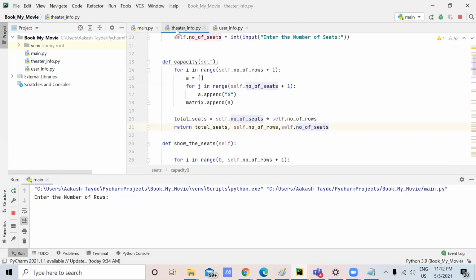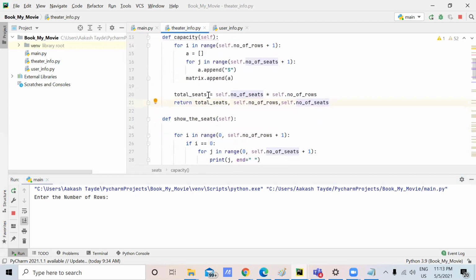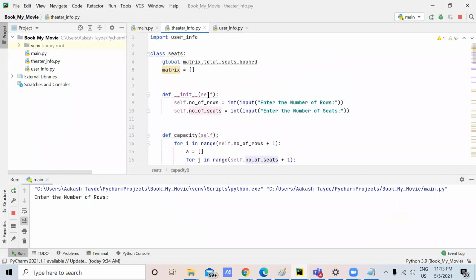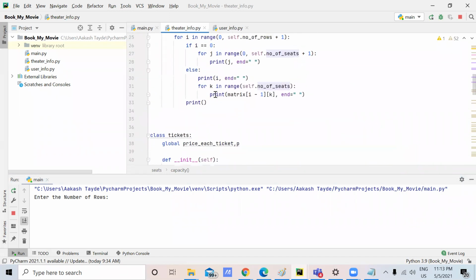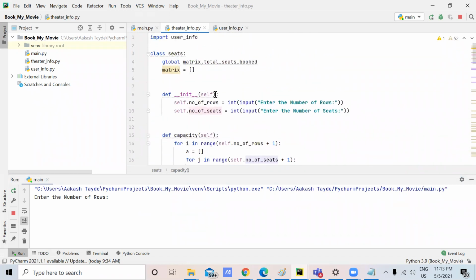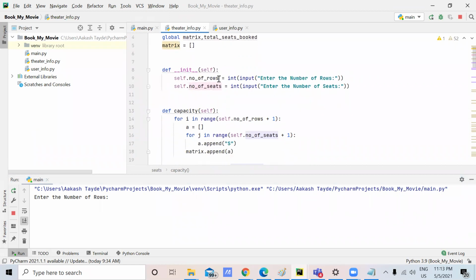If we go in theater information, it has a class seat and a class ticket. In class seat we have a constructor which gets the number of rows and number of seats from here.